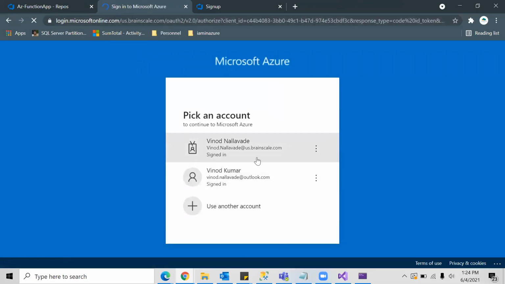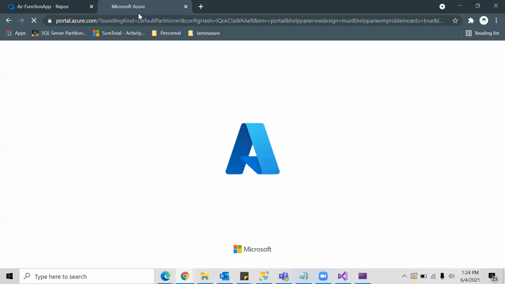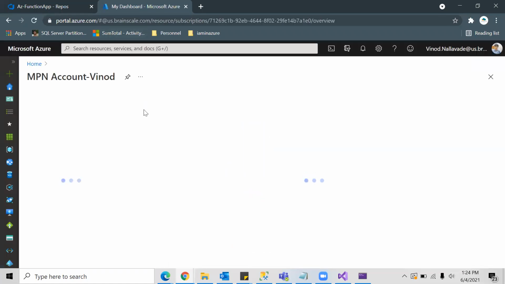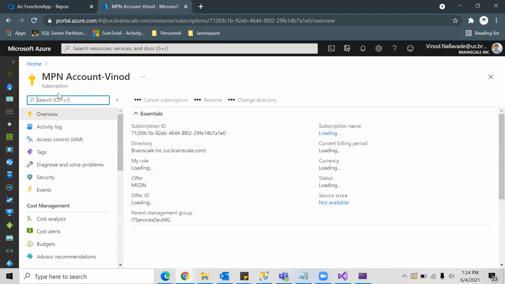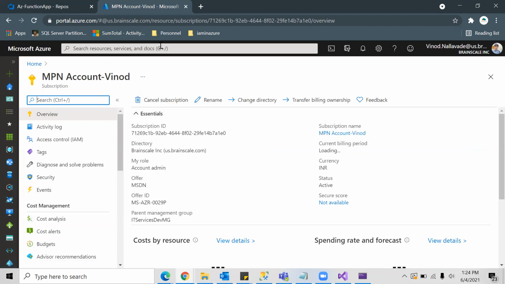So I have logged into my Azure portal, and I will go to one subscription and create a function app. So I selected this subscription, and I'm going to create a resource group first.